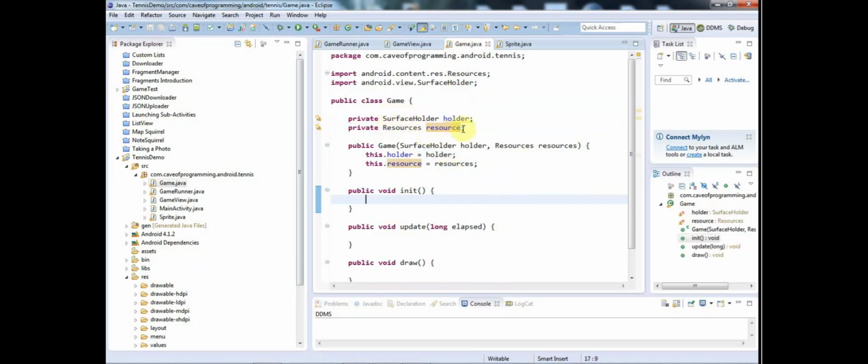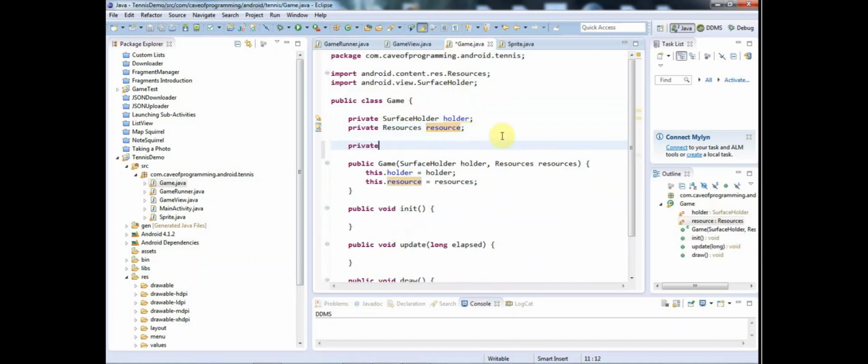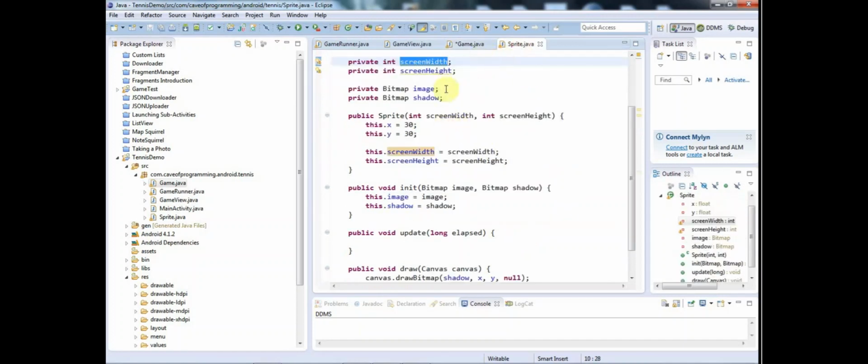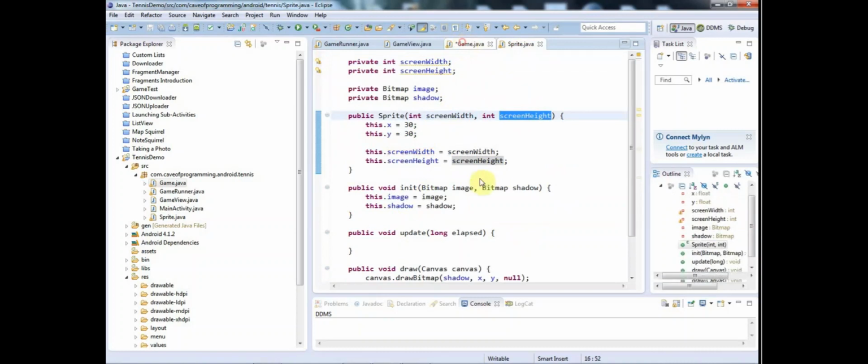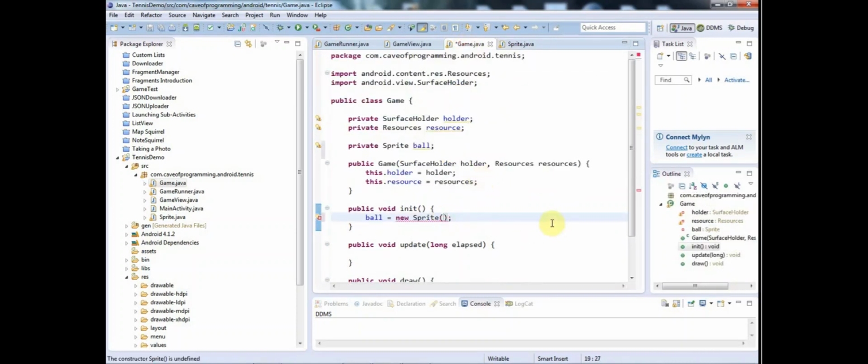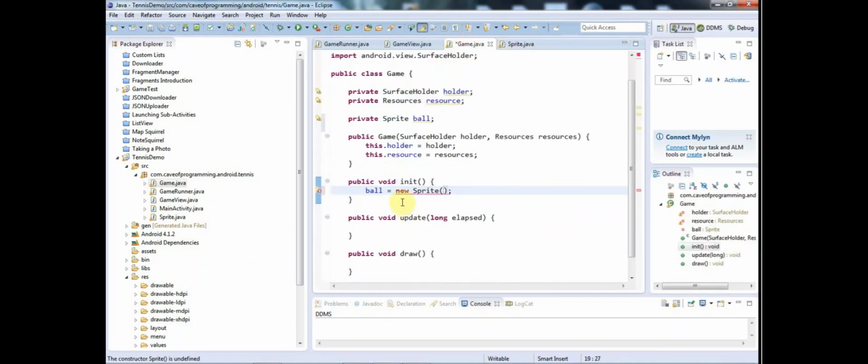And let's give game for the moment a private sprite ball, and this can be my ball object, although it's sort of a flattened ball in the case of these graphics that I'm using. And in init I could load that, I could say ball equals new sprite for the moment, just to get this working. And if I look at sprite, that accepts the screen width and the screen height, so I could pass that in by saying,